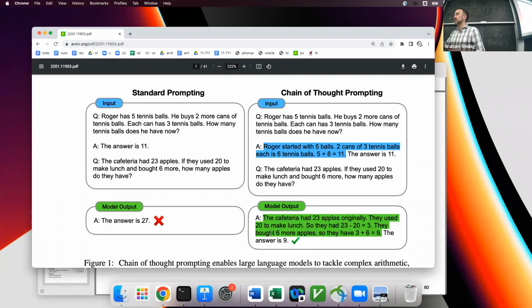So my intuition would be that if you did this with really big integers, it wouldn't be able to do it because there are not examples of those numbers. So there are some interesting results where very large models are able to do multi-digit addition. But as I said, it's kind of like using a lot of GPU power to solve a problem that a calculator could solve.